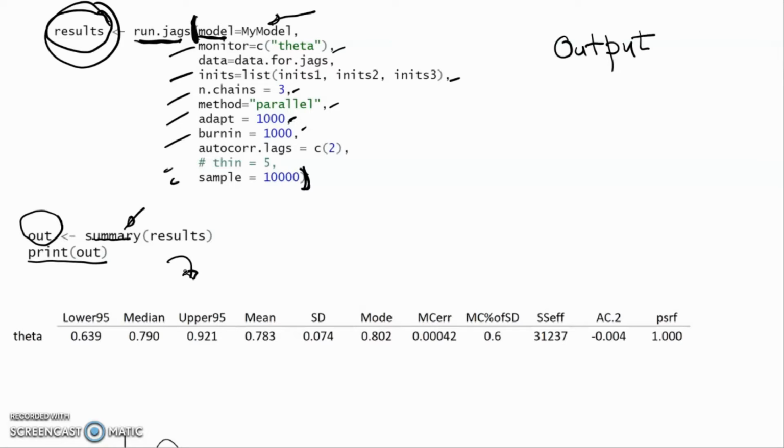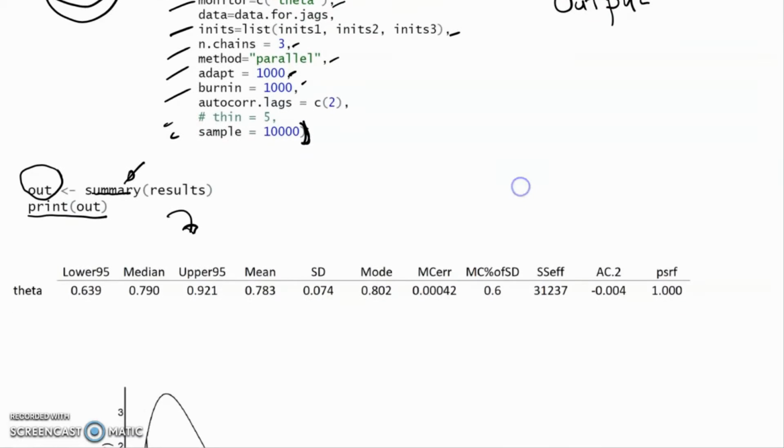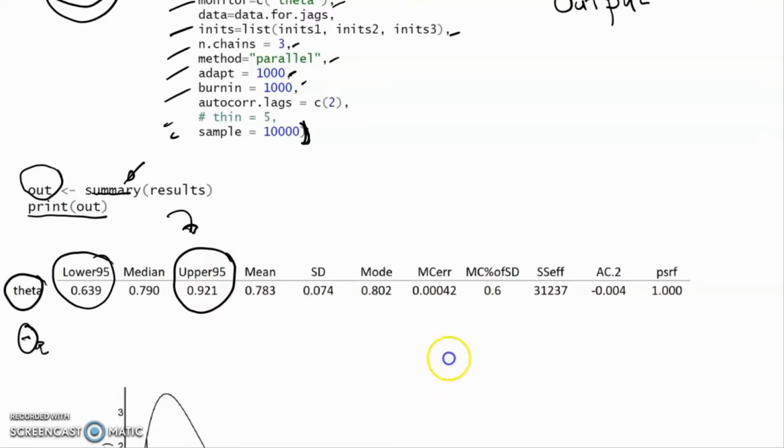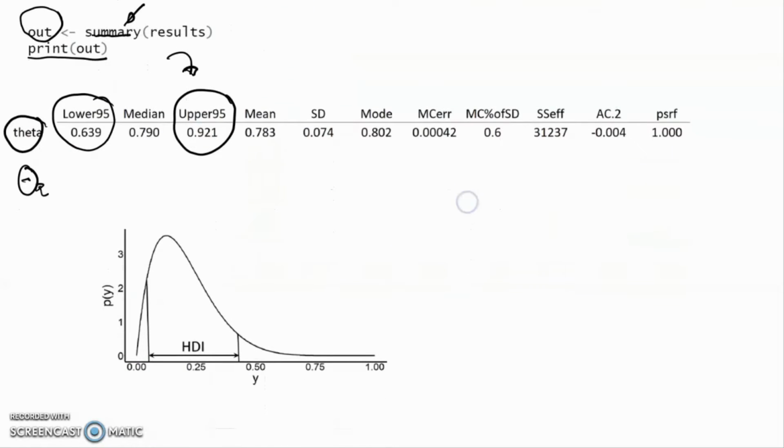So what sort of output do we get? Well, we're interested in the parameter theta, the Bernoulli binomial parameter, in a study where we're trying to determine theta, the proportion of the individuals in the population that are right-handed. And so what we've got here is the lower and the upper 95% credible interval, sometimes referred to as the 95% highest